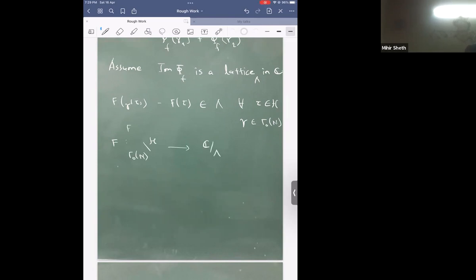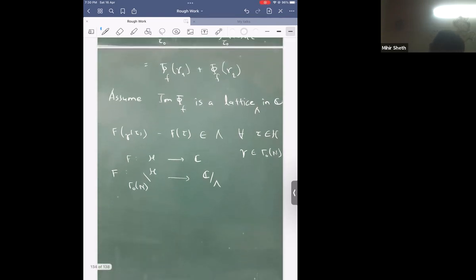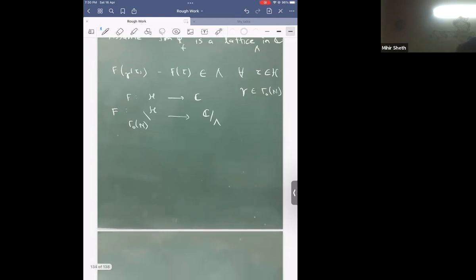So a priori f was just a function from H to C, but now if the image of phi of f is a lattice, I get a function from my modular curve X0 of N to some elliptic curve. And it's going to be surjective because